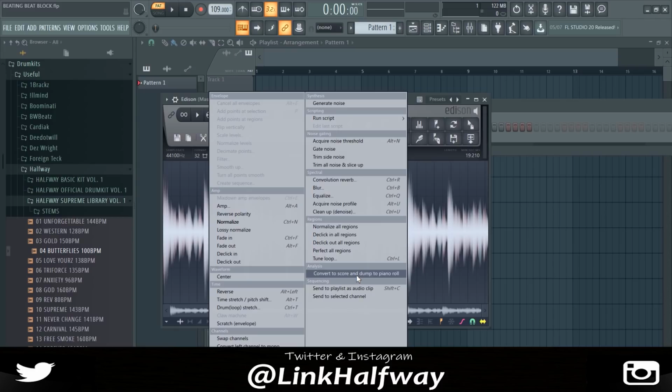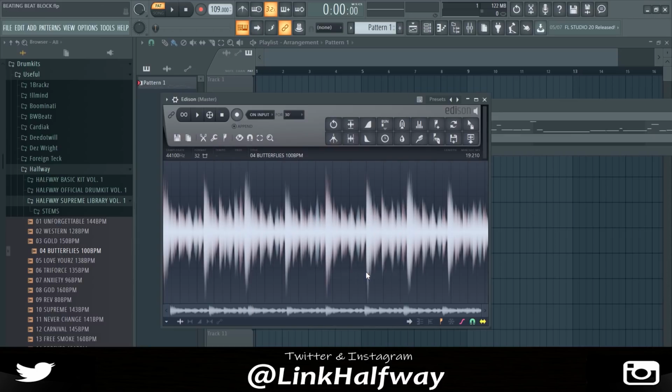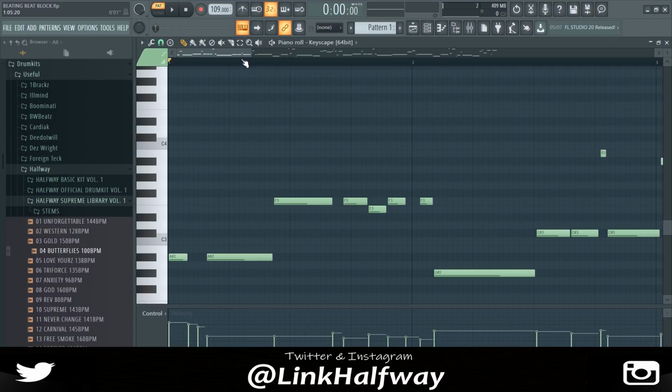I think what this initially tries to do is tell what the keys are being used, so that it can translate that onto the piano roll. But every time I do it, it ends up coming out something like this. And when we play it,